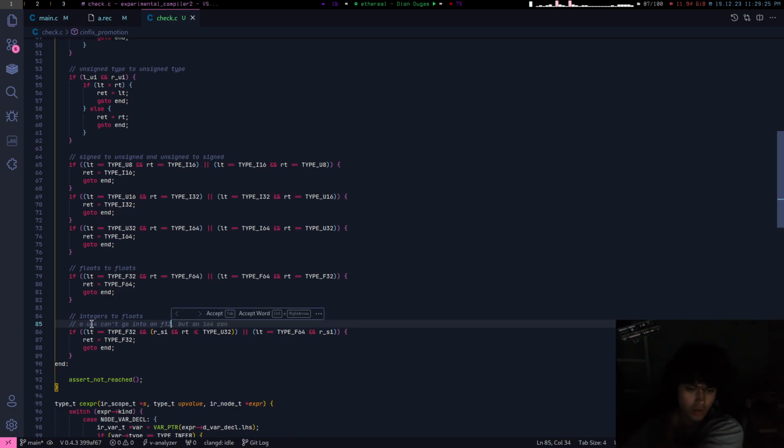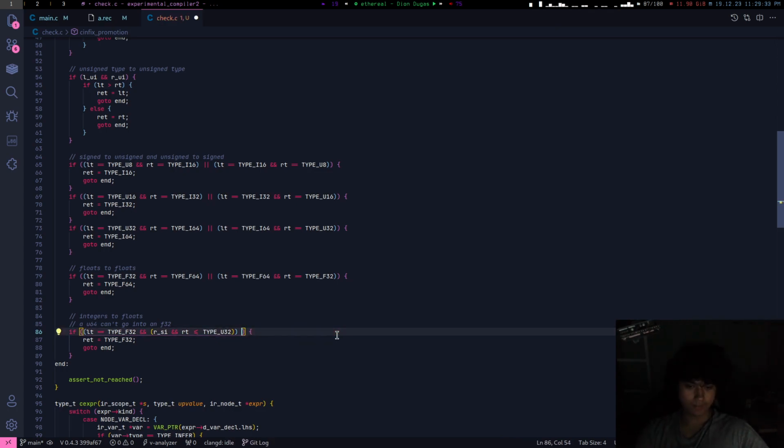A U64 can go into an F64. No, a U64 can't go into an F32. Yeah, and then the same is for the other side. Okay. Right type is an F32. Yep, and right type is less than. Okay.